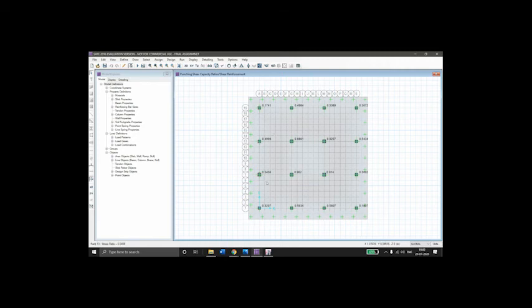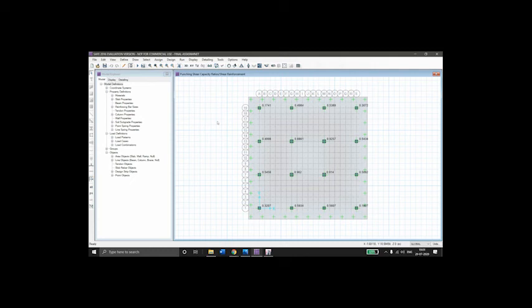Here make sure that the ratio is less than 1. So for all the columns here the ratio is less than 1. So we have successfully designed our mat foundation, and there is no shear failure in this mat foundation. If the ratio is more than 1, then we have to redesign the thickness to make sure that this ratio becomes less than 1. Our model is passed here.